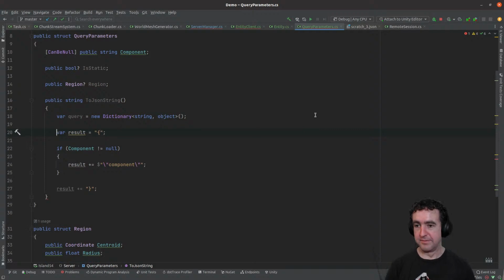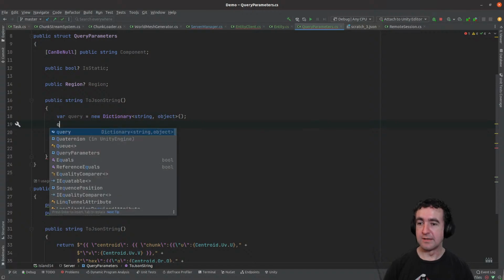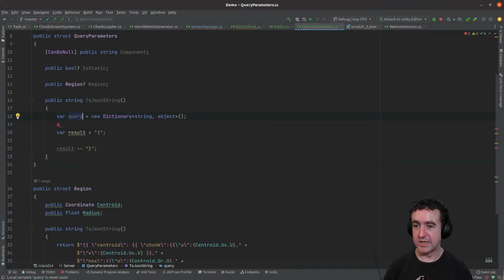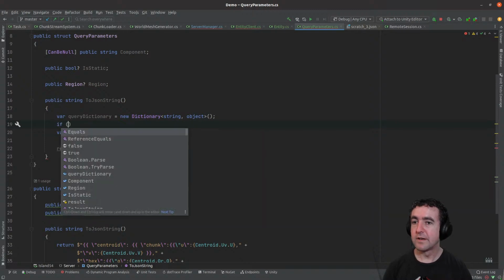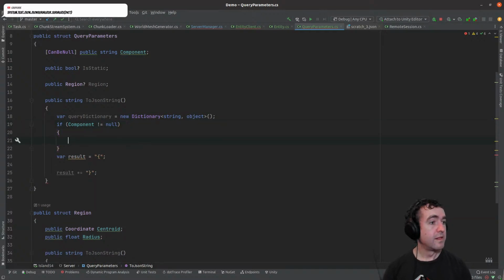So now what I can do is I can conditionally put things into that query dictionary. Let's go query dictionary. Query if component not equal to null, then